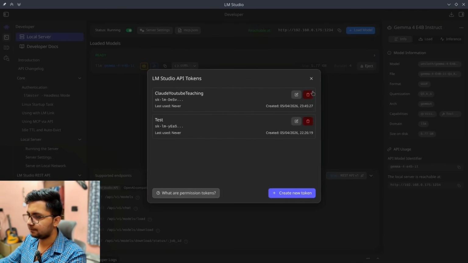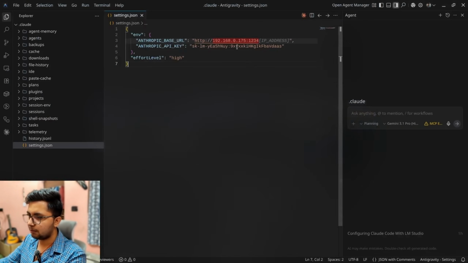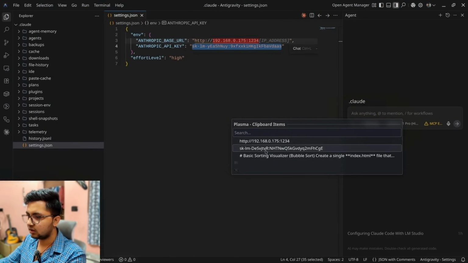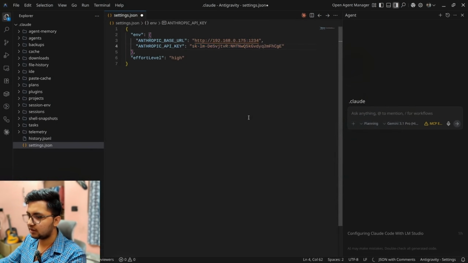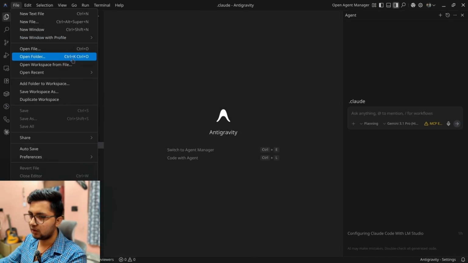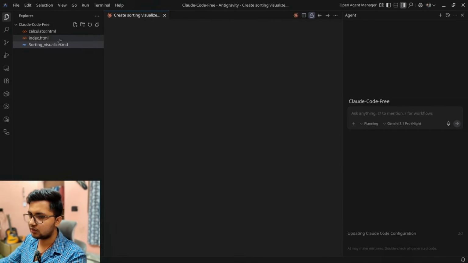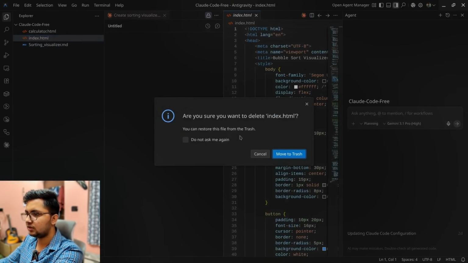Sorry, yeah. So let's paste that token in the API key section. So this is my token and I'll paste it over here and just Control plus S, that is save this file. Now since this file is saved, we can just run Claude Code coming into this test folder. Let's delete this file for now